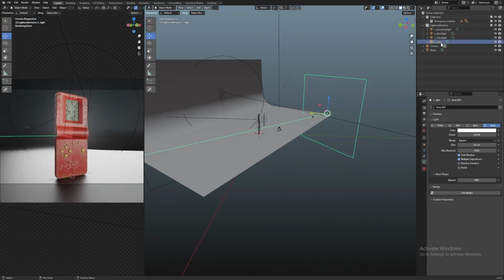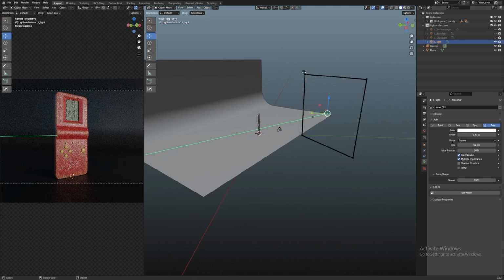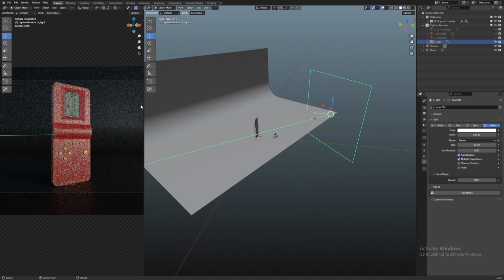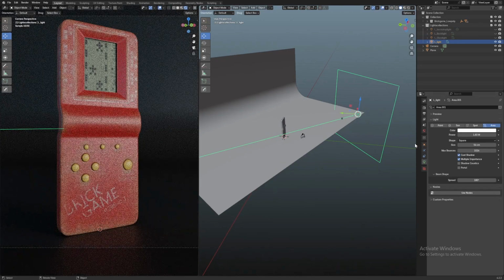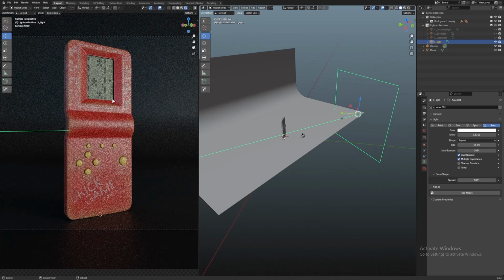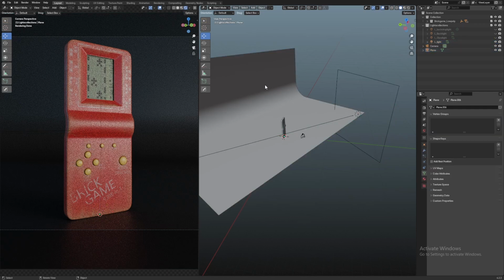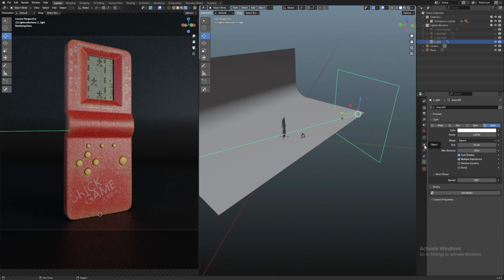So what I'm going to do is go one by one for these lights. Let's actually start from this fill light, and I'm going to turn off all the other lights. As you can see, you might say it's a pretty good light, evenly distributing everything around, but my main goal here is that this light should only hit this main object and not the rest of the objects, which is our backdrop. So let's go into this light, and under object properties,